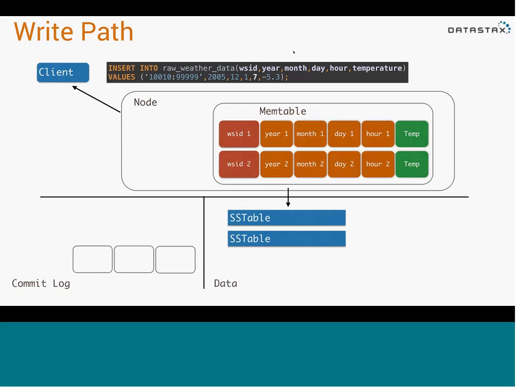So anyway, we're flushing out SS tables. When we have SS tables going to disk, we're going to have multiple SS tables getting written out, right? And those multiple SS tables are,